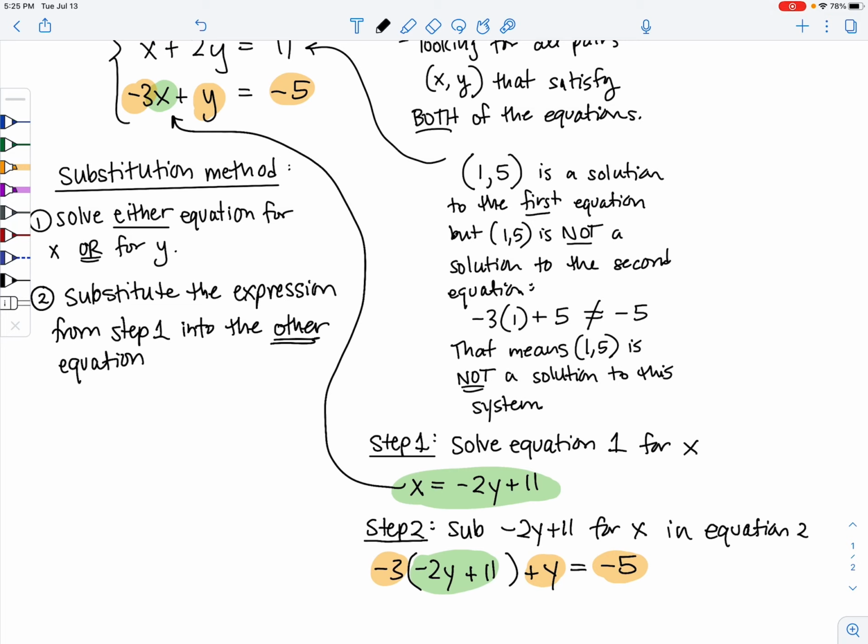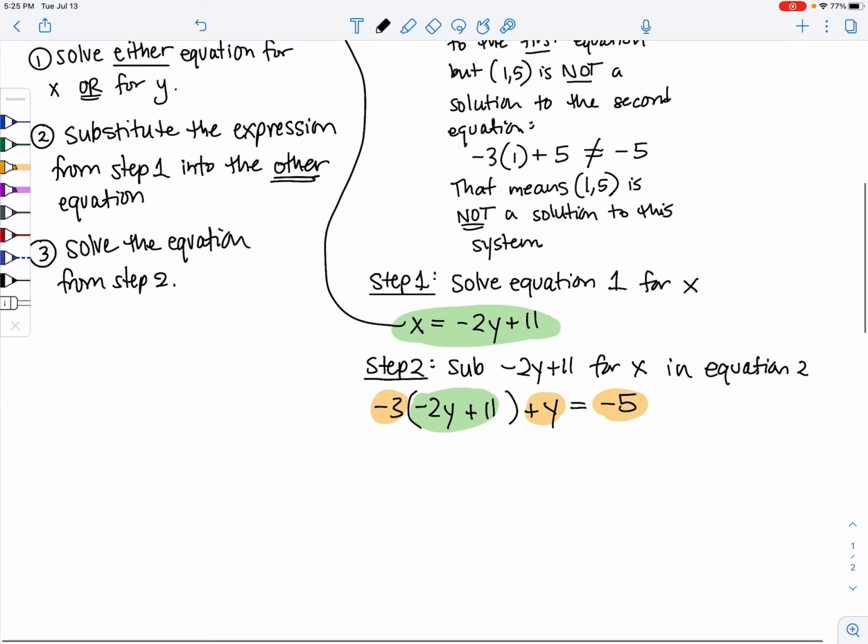And then once we're done with those two steps, we're kind of done with the hard part. Now we're going to solve the equation from step two for the variable, because now we're always down to one variable. So solve the equation from step two. So my step three here,